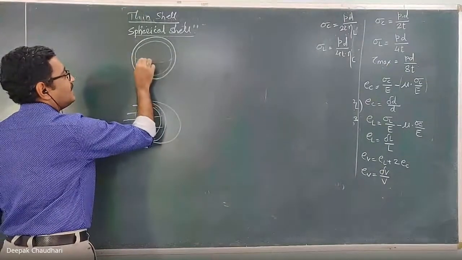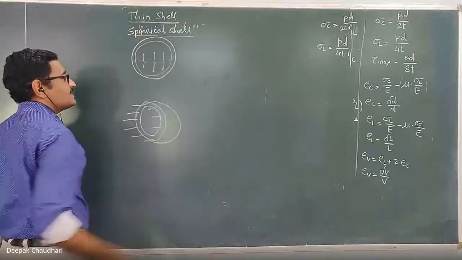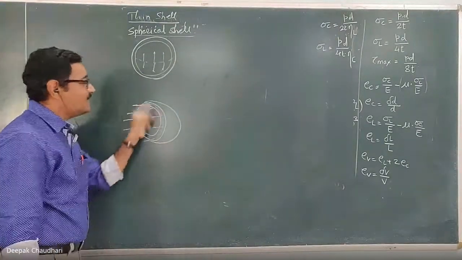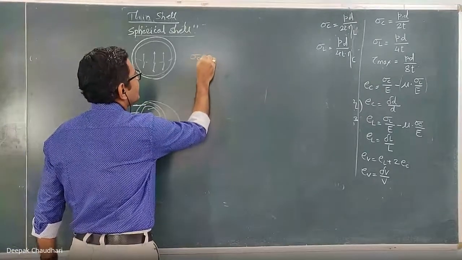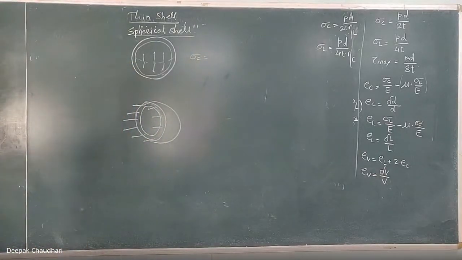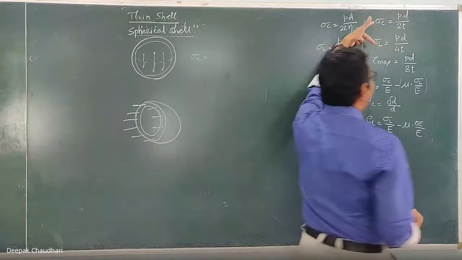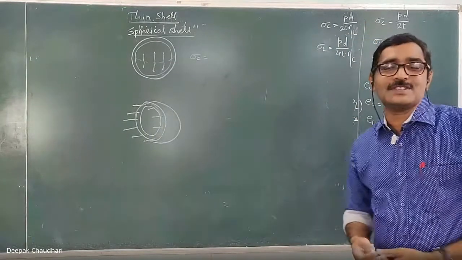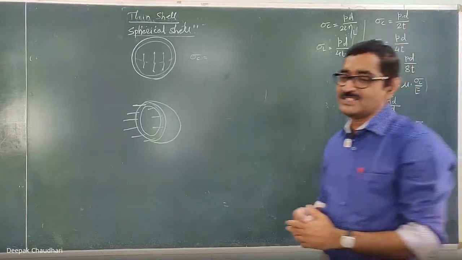If it fails like this, then this force of resistance is induced like this, and this force of resistance is along the circumferential stress. So in a spherical shell, in the x as well as in the y direction, there is only circumferential stress. Because this force of resistance is induced along the circumference, there is no length, so the stresses are known as circumferential stresses. Like in a cylindrical vessel, circumferential and longitudinal two types of stresses are induced, but in a spherical shell there is only one stress and it is the circumferential stress.